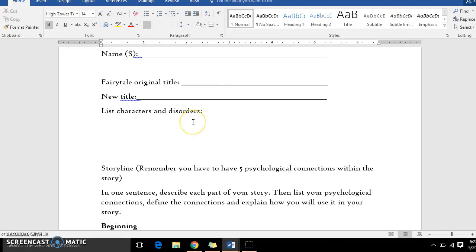Then down here, I want you to list the characters, all of the characters in your story, whether or not they have a disorder. Now, if you are giving them a disorder or something specific in regards to psychology, I want you to list their names. So, like, Elsa will have DID, which is